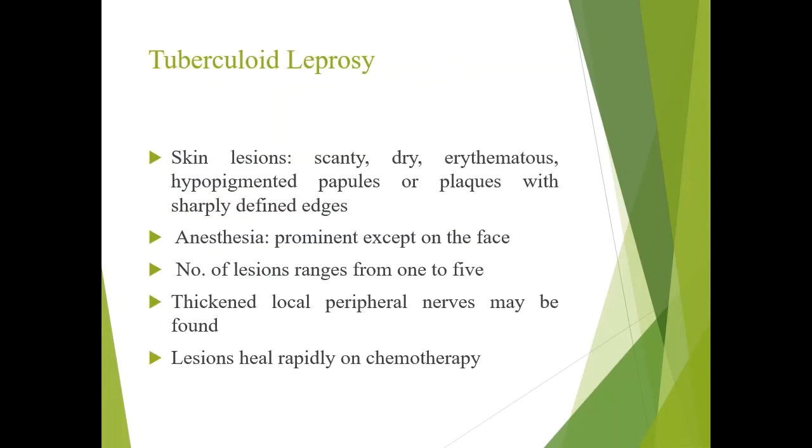Tuberculoid leprosy. Skin lesions will be scant, dry, erythematous, hypopigmented papules or blocks with sharply defined edges. Anesthesia may be prominent on the face. Number of lesions ranges from 1 to 5. Thickened local peripheral nerves may be found. Lesions heal rapidly on therapy. On histology,